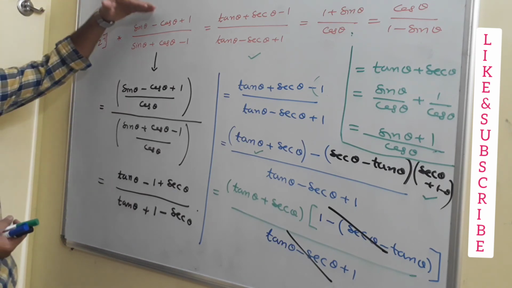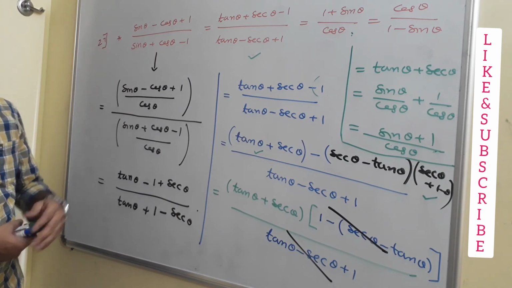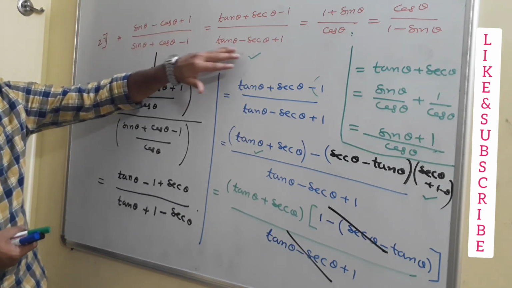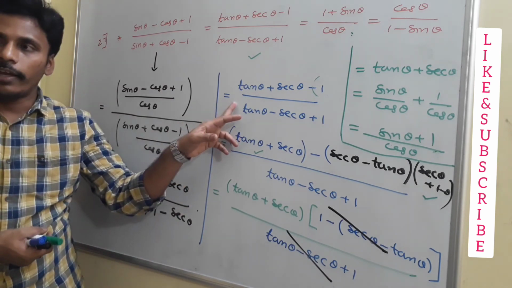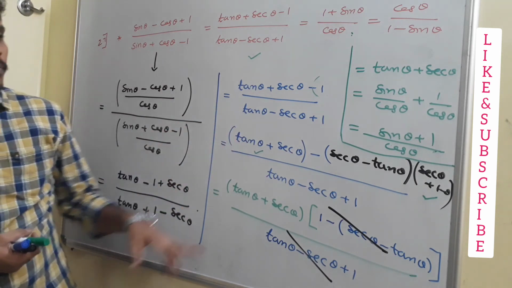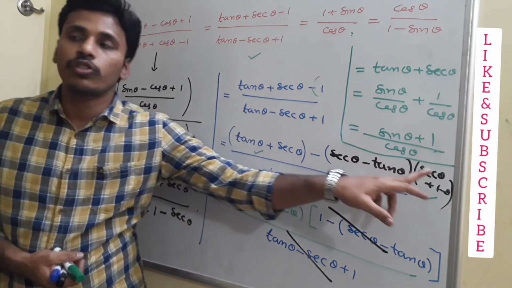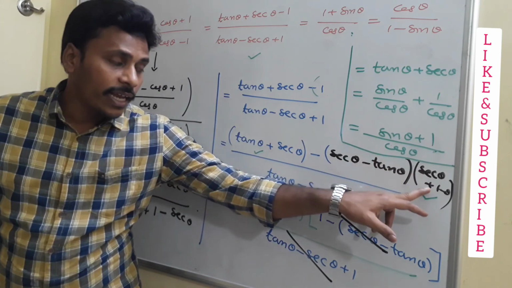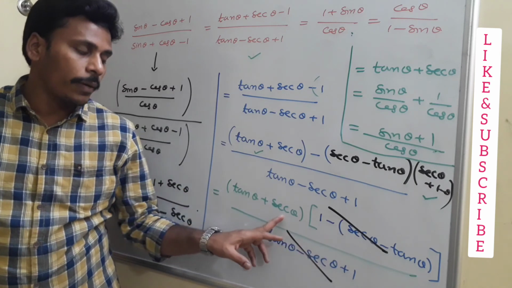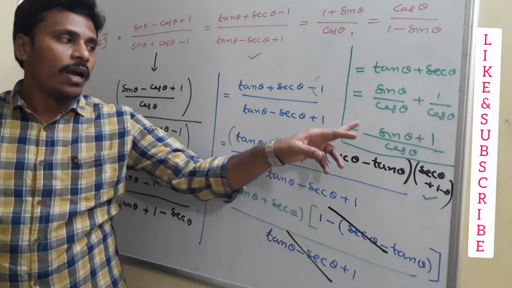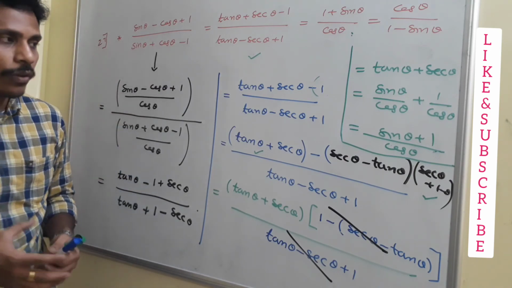Sin theta minus cos theta plus 1 divided by sin theta plus cos theta minus 1. See, first of all, to get this part I need to divide both numerator and denominator with cos theta. I reached there. From there, for the next step, I do a magic here. I will rewrite this one as secant theta minus tan theta into secant theta plus tan theta. So again, common out secant theta plus tan theta. If you common it out, these two terms will get cancelled, and that's your answer. Is it clear? Have a look at this and take a screenshot.